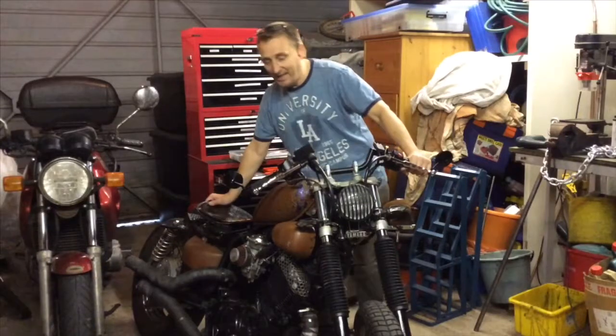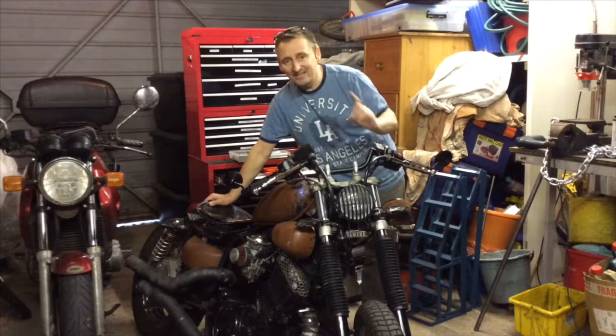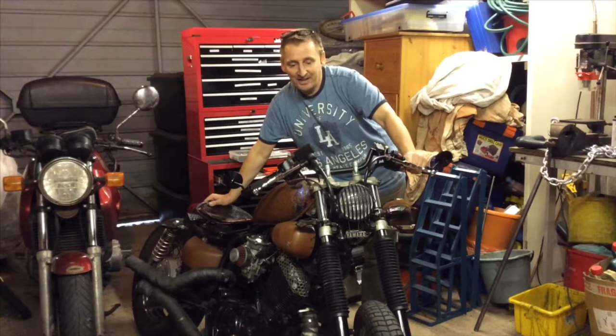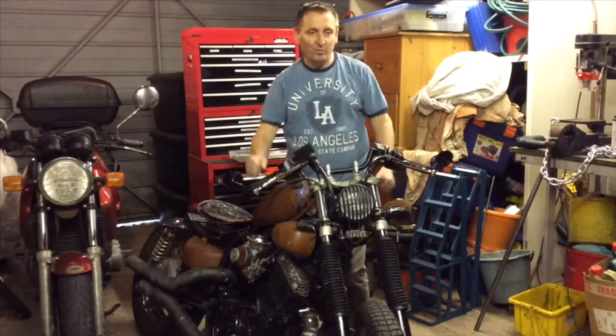It's looking exactly how I want it to look, and it sounds awesome. I say exactly how I want it to look, not quite. So there is one more little thing that I want to do. All it needs now is an MOT and to be taken out on the road. But there is one more thing I want to do. So I want some bars that are kind of swept down a little bit more, but just look a little